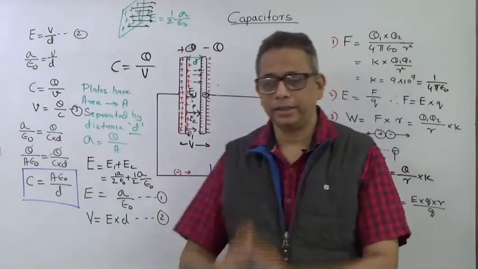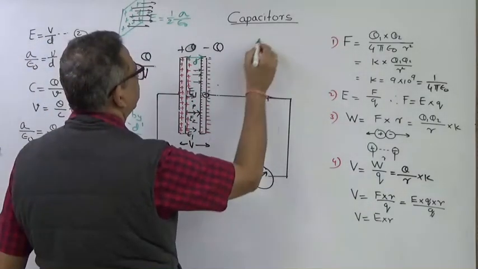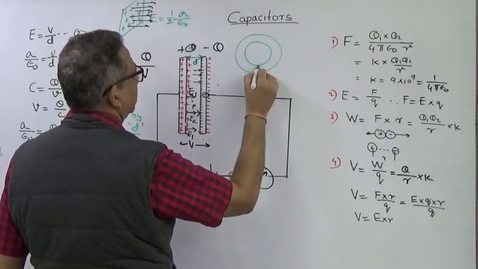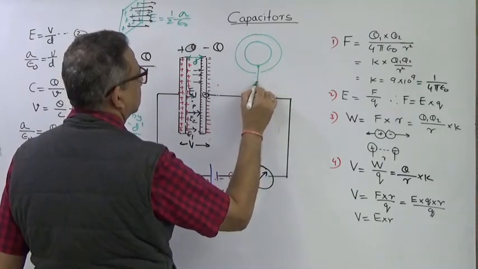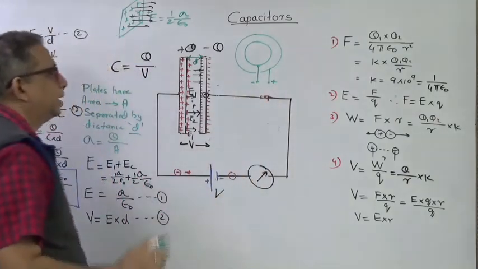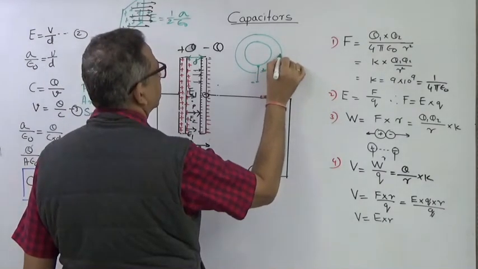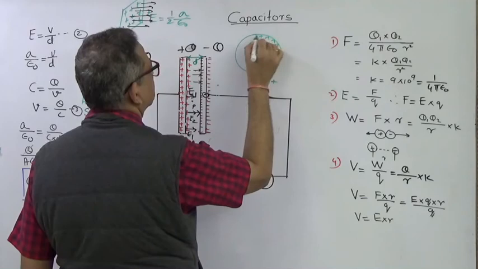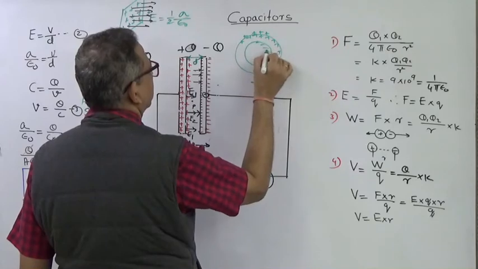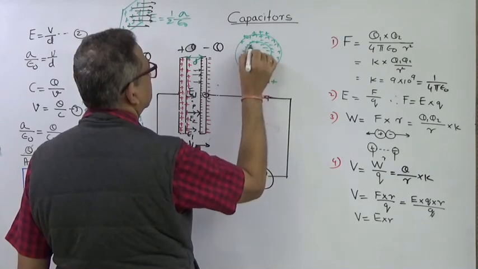One is a parallel plate capacitor. Second capacitor is like you have one sphere inside and another sphere outside. So this will be considered as a negative potential, and this will be considered as a positive potential. If this is positive, it generates a positive charge on both the surfaces, the inside surface as well as the outside surface, and this negative charge will develop a negative surface on the inside as well as outside.